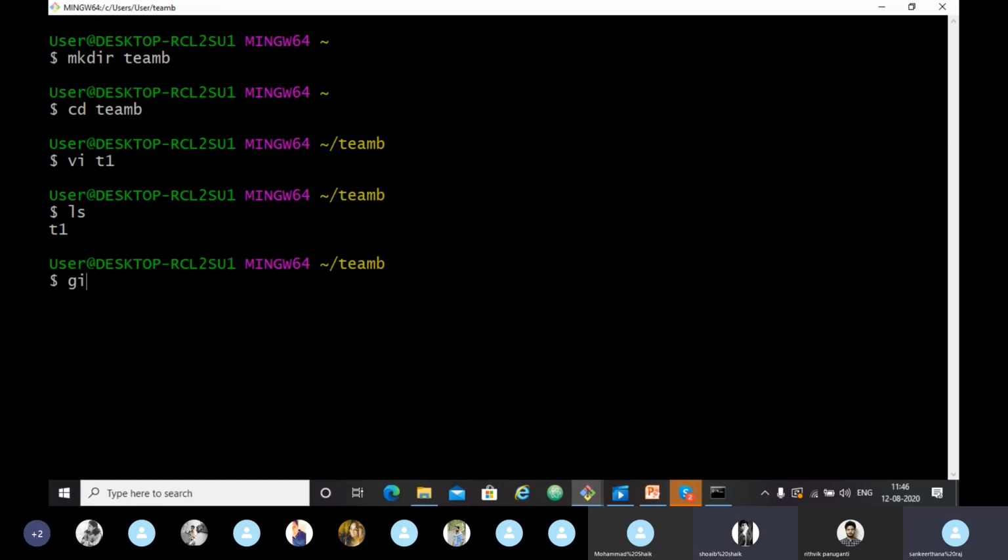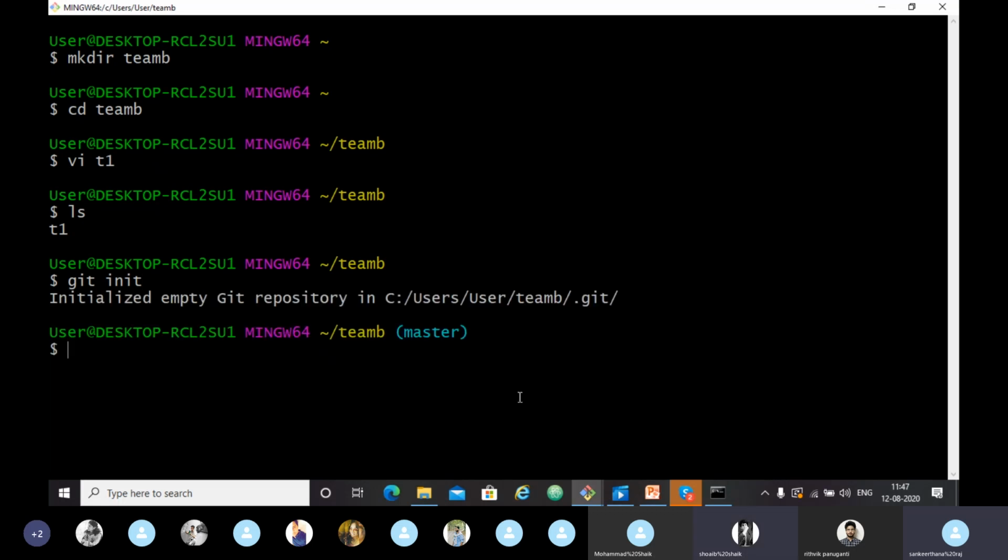We create a Git project with the git init command. This is the initializing command. Must memorize it: git init. We initialize it, and we have created a hidden Git directory. If you want to see the hidden directory, ls -a. This is the hidden directory .git and our file T1.